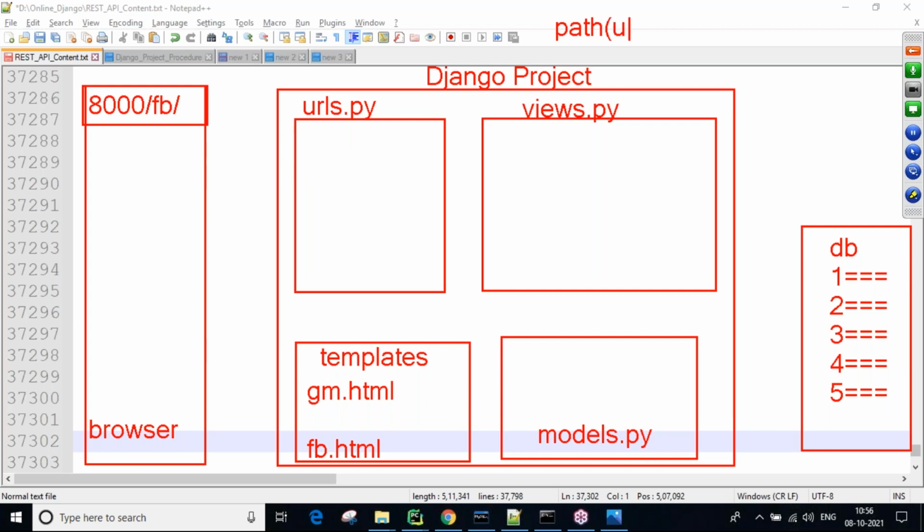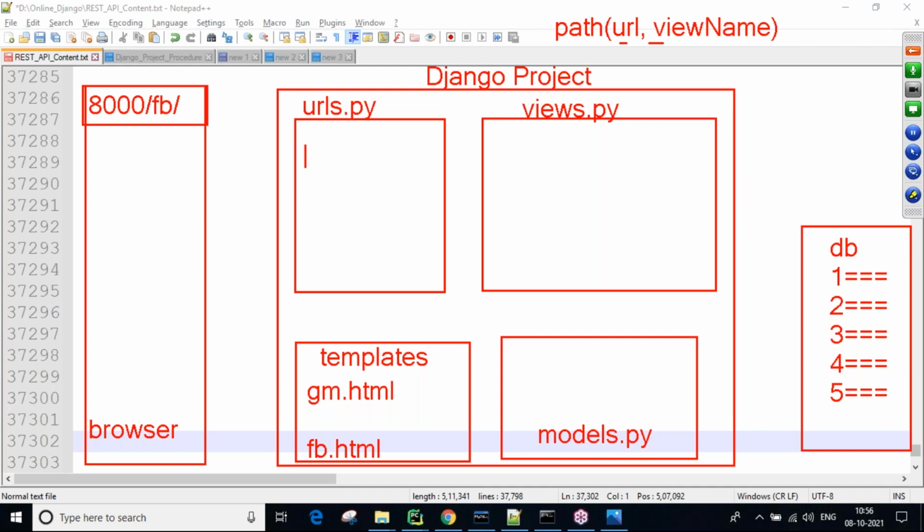Inside the path method, the first parameter is the URL and the second parameter is the view name. Syntax: using the path method, URL name comma view name. Remember the syntax. Path method and these things I will show programmatically later.